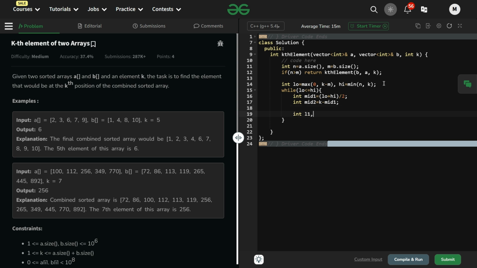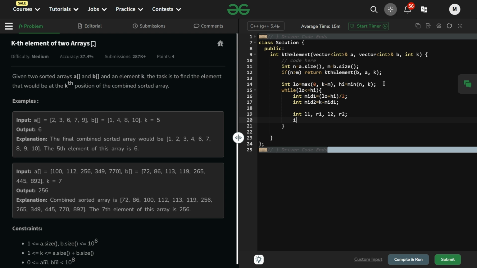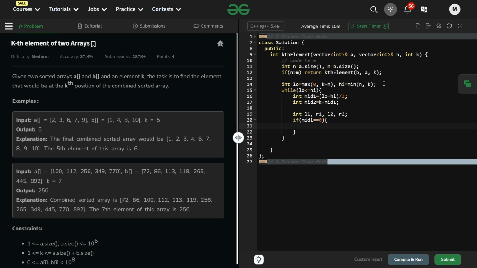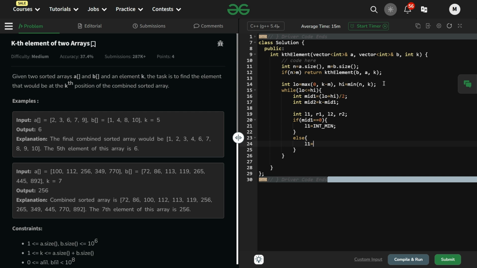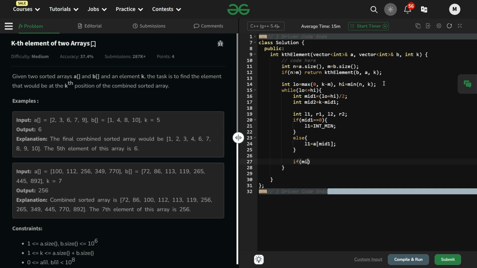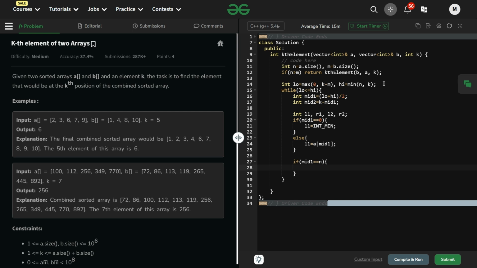Now I am taking four variables l1, r1, l2, r2. If my mid1 equal to 0, that means l1 is not going to lie inside it. So I'm taking l1 as int min in that case. So l1 equals to int min. Else l1 equals to the element on the array at the mid position, that is a of mid1 minus 1. Similarly, if mid1 equals to n, that is it is outside the bounds, then r1 equals to int max,